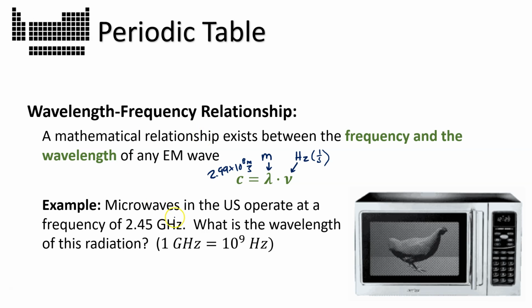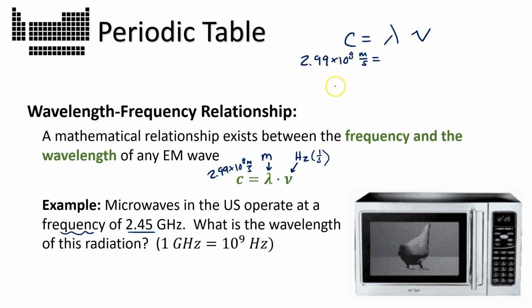For example, if you, say, took the microwave that is in your kitchen, and you can usually find this information on the inside of the door, it'll tell you the frequency of the waves that your microwave is using. And I just pulled this number out as a common example, 2.45 gigahertz. You could actually find out how long those waves are. You could solve for the wavelength by using this equation. I'm going to write it out up here so you can see what it would look like. We can do this because that c value is a constant value. It's the speed of light, 2.99 times 10 to the 8th meters per second.